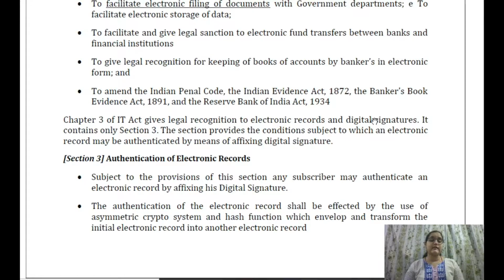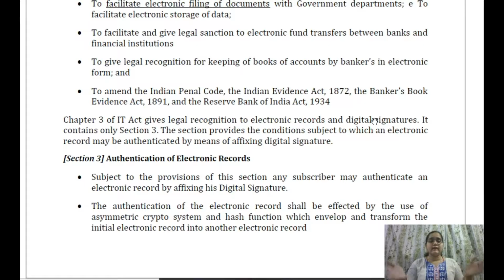Authentication of electronic record. Authentication means you are providing validation of electronic record. So section 3 of the Information Technology Act 2000 deals with authentication of the electronic record, subject to the provisions of this section. Any subscriber may authenticate an electronic record by affixing the digital signature. If you want to validate any electronic record, you can do that by having the digital signature. The authentication of electronic record shall be effected by the use of asymmetric crypto system and a hash